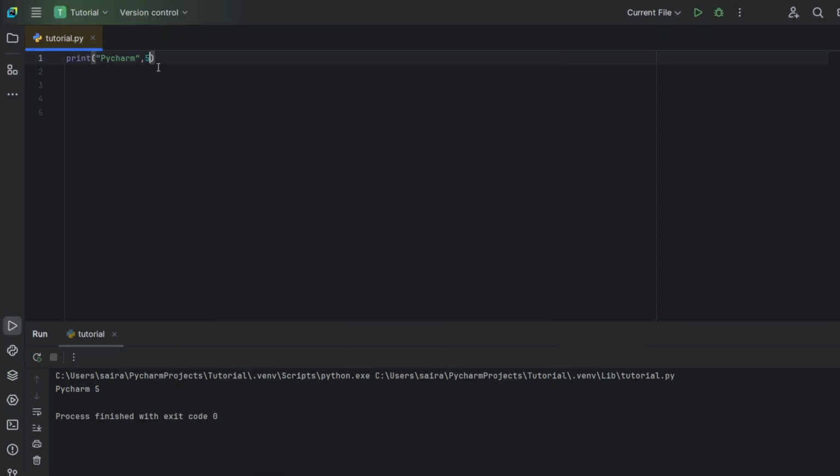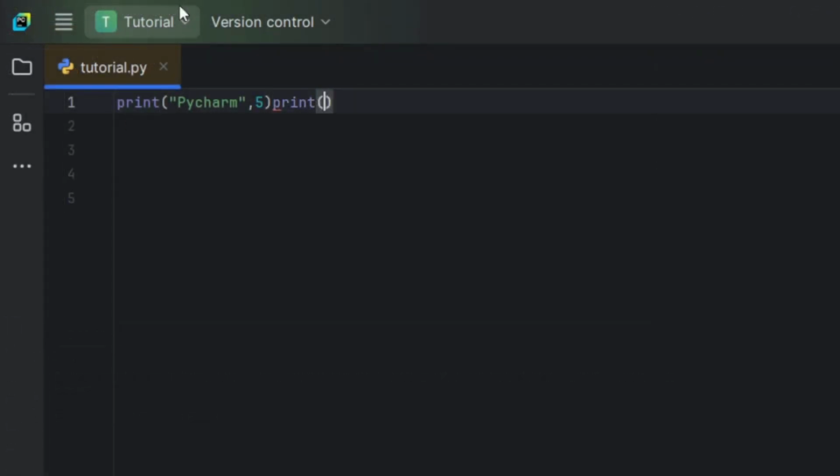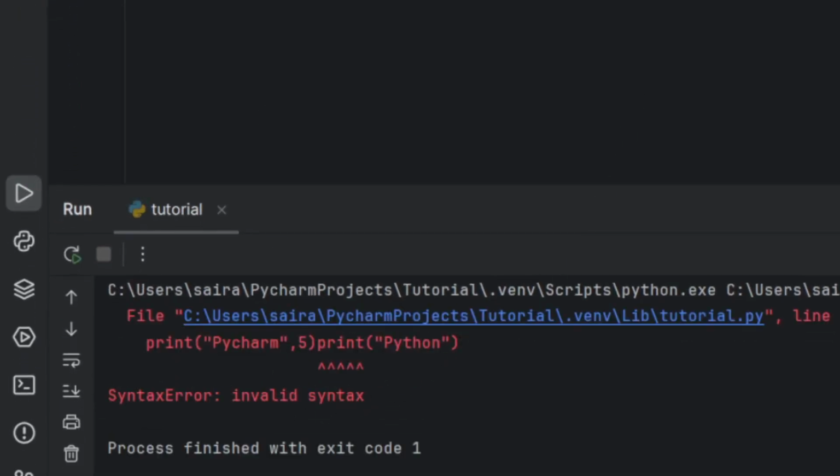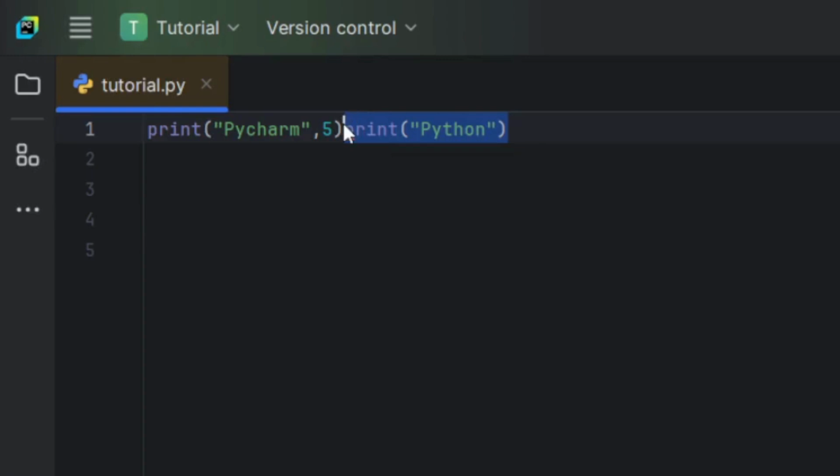Of course, this is a quite simple program, and you must be wondering, how do I print more lines? You see, in complex programs, they contain a lot more lines than this. So, how do we start printing more than this? Well, Python requires that there cannot be more than one instruction in a line. It's basically saying that we cannot print like this: print Python. It says it's a syntax error.